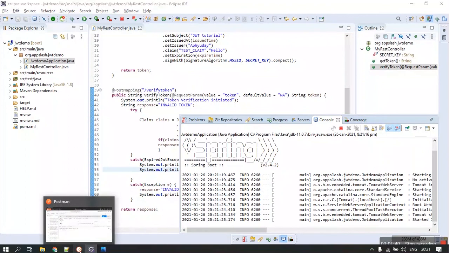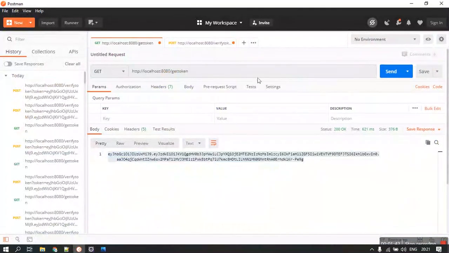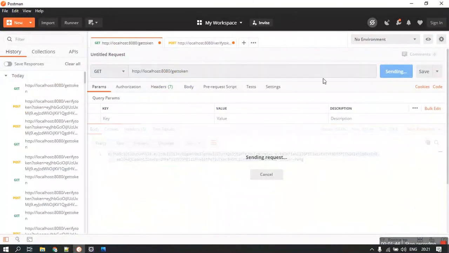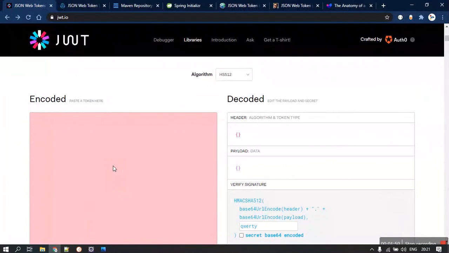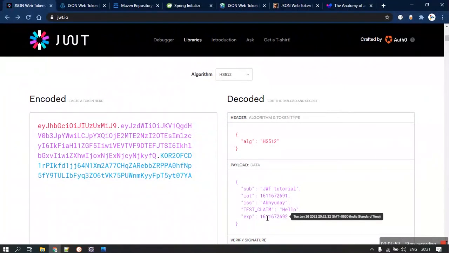Our instance is up and running, and let's get the token again. If you want to decode this token, you can right away use this. You can see the token is going to expire at 20:21:32, whereas it was issued at 20:21:31, immediately after 1 second.